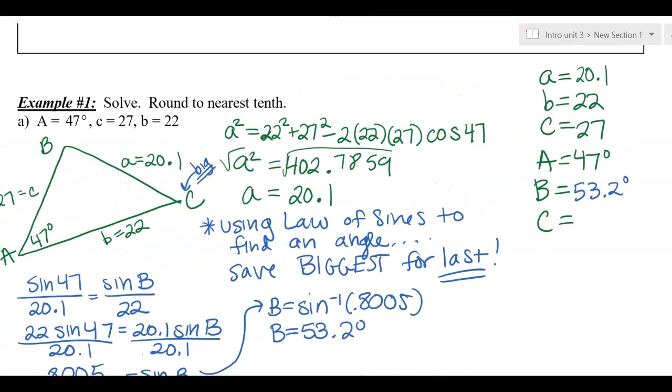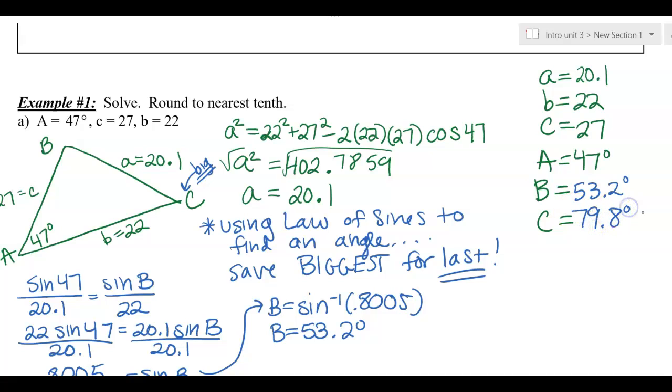And so now, how will we find angle C? We'll just add them up and subtract from 180, and that's why we save the one that could be obtuse for last. Because if it is, this will work and find it because we won't use sines again to do it. So I'm just going to add together 47 and 53.2, subtract those from 180, and I get 79.8, which means,